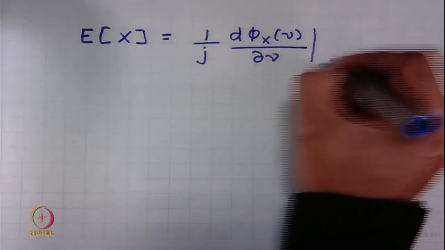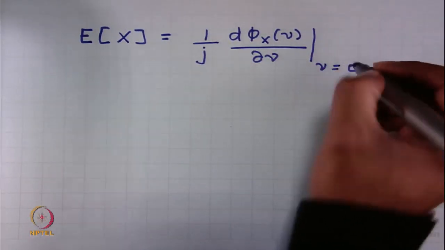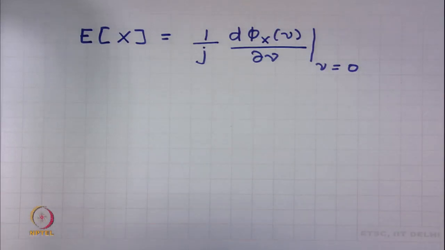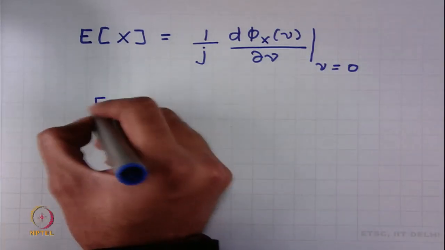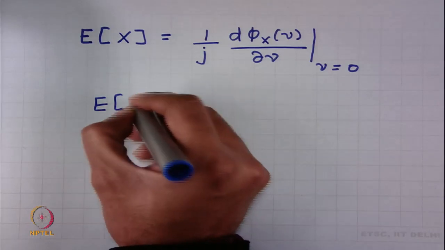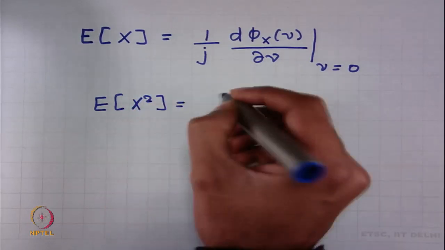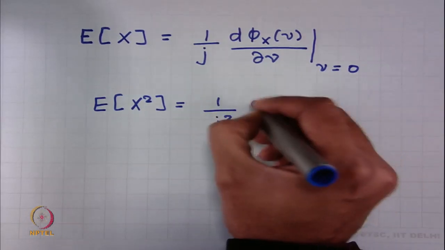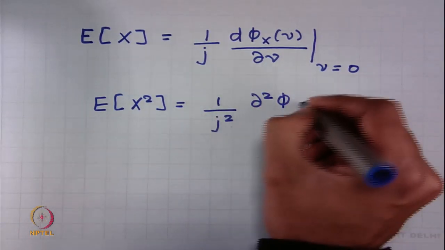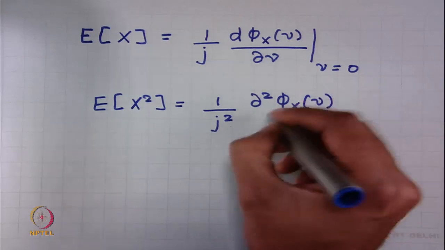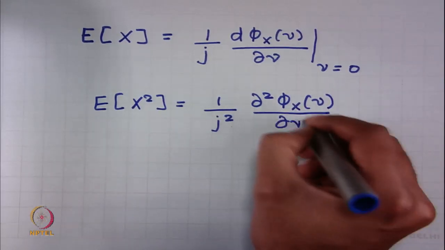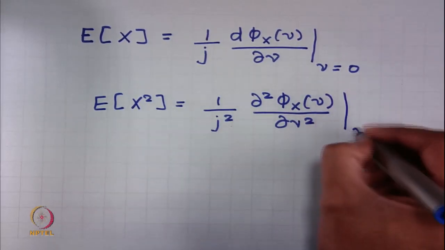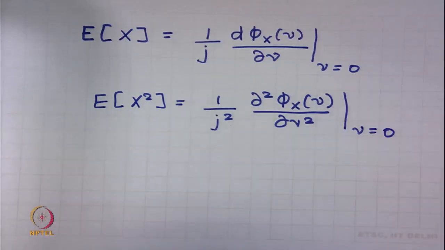So, the first moment of a random variable x can be obtained from that expression like this. And you can find similarly the second moment, like this, and you can generate all moments of a random variable in terms of